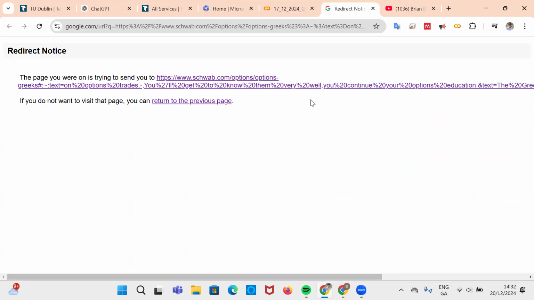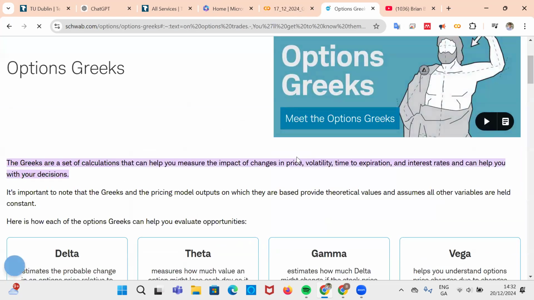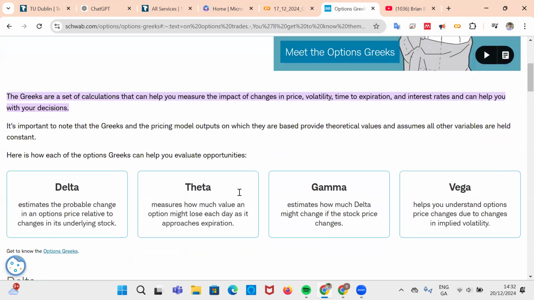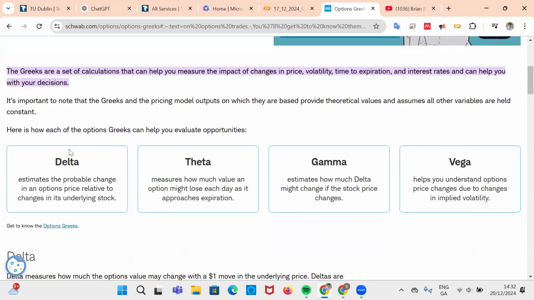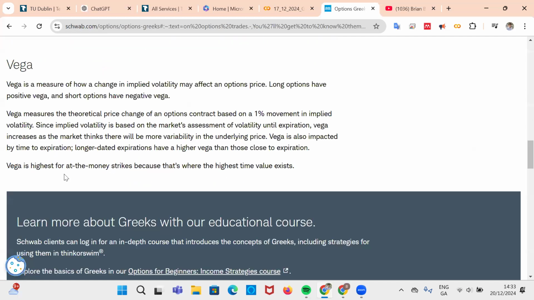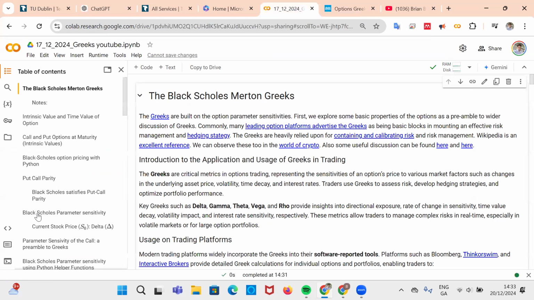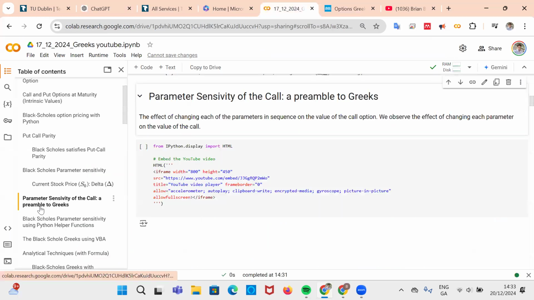Even if we go to, for instance, Schwab, you will see that even on the retail side there is material explaining to investors the delta, the theta, the gamma, vega, and rho. And they go into quite a bit of detail around that. Okay, going back to our parameter sensitivity